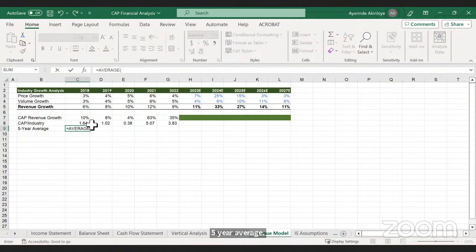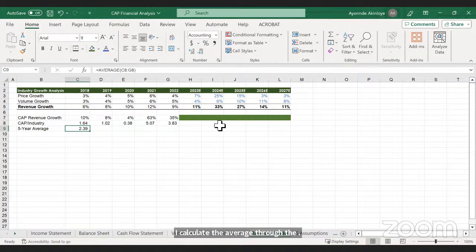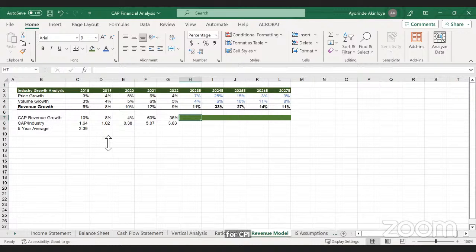When I calculate the average through the past 5 years, it tells me 2.39 times. So when I want to calculate the growth rate for CAP, I can look at it and ask, do I expect CAP to continue